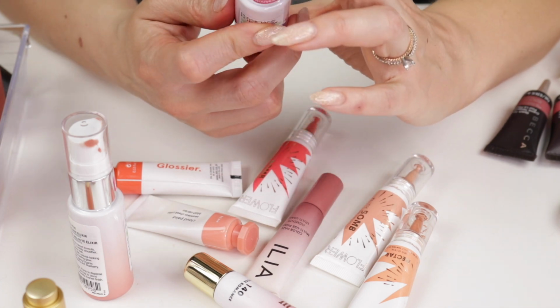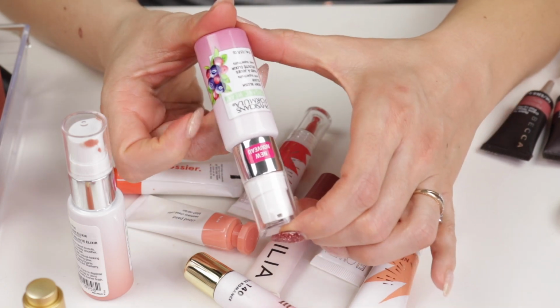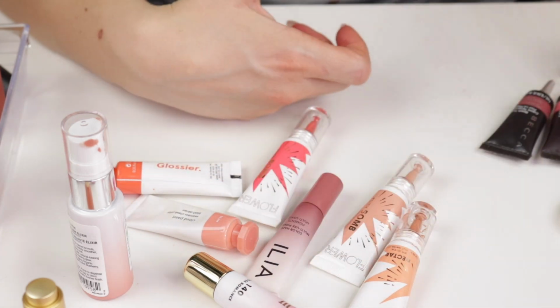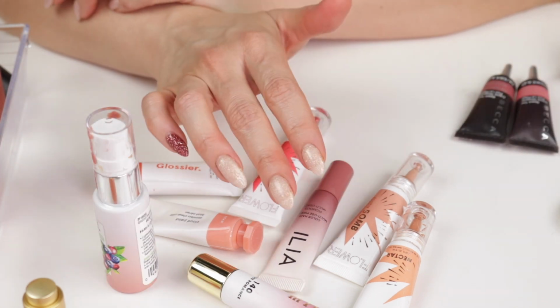This is the shade, what is this shade? Pink Berry. I don't even know, but I haven't opened it. And obviously from what I have going on here, I do not need this. So I'm sending this along. I will go through and use some of these and either do an update for you guys in the future